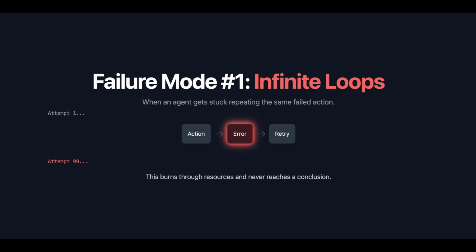And so it ends up trying a bunch of random attempts over and over, which just burns through resources and it gets stuck in this loop until you either hit the recursion limit or